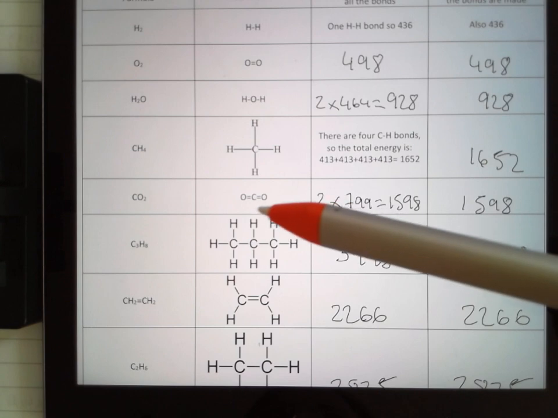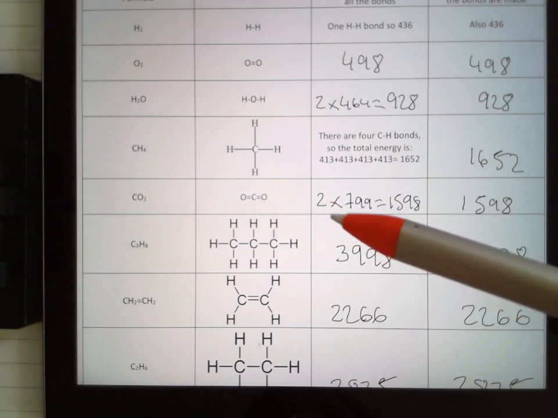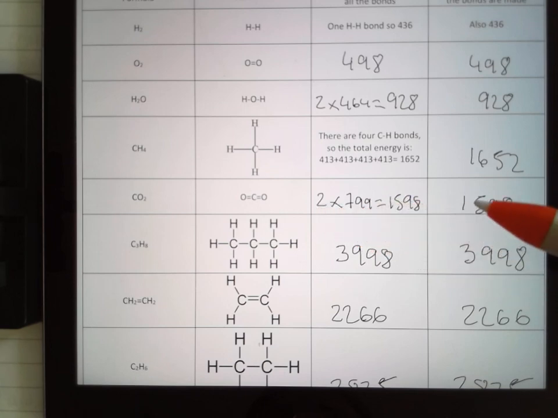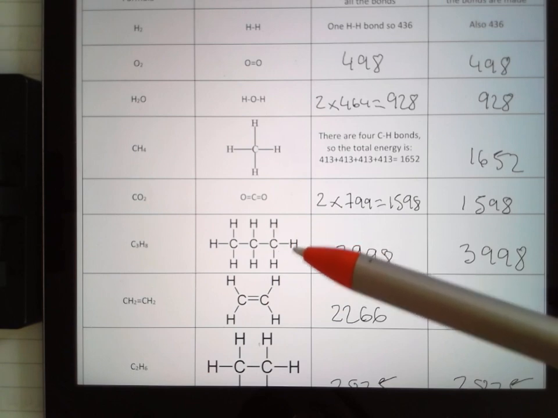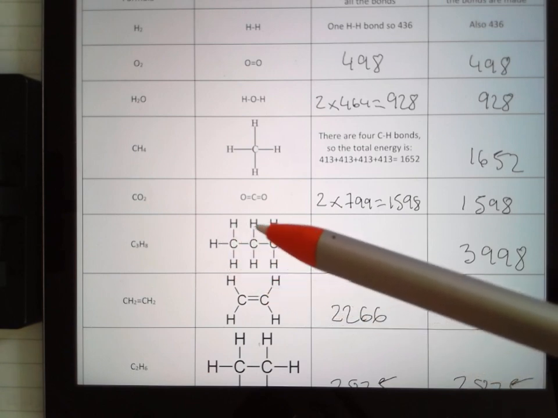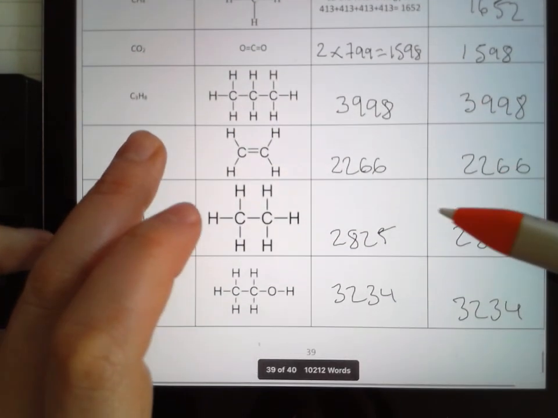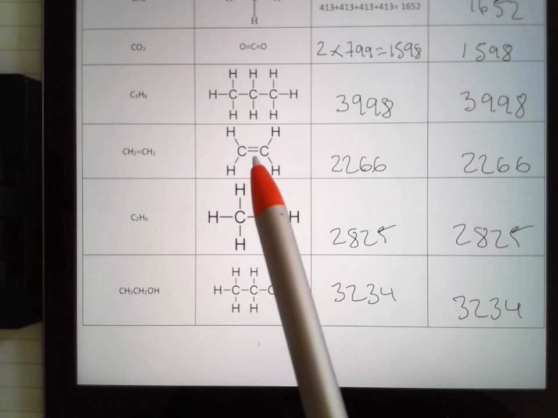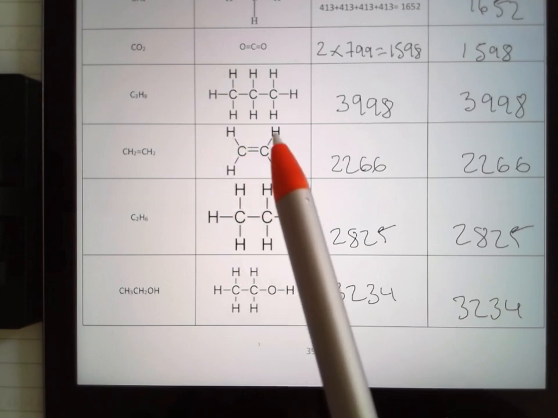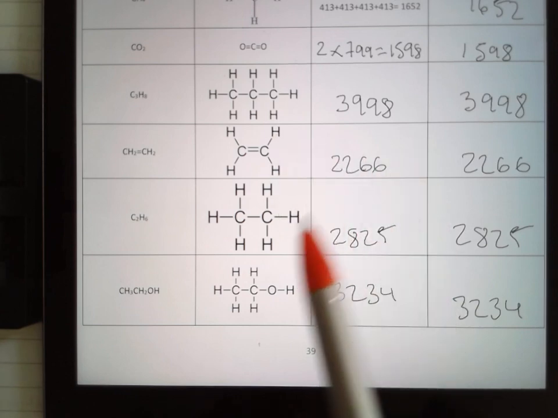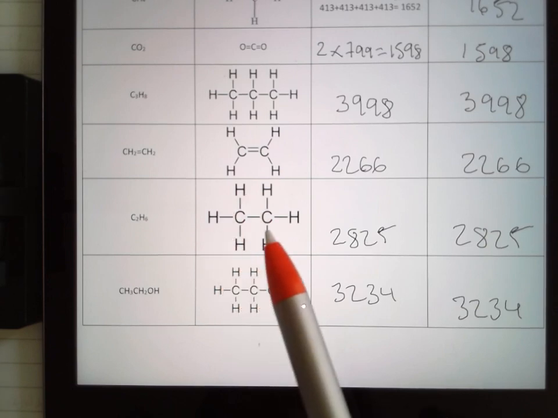The first few should hopefully be straightforward. Down here in CO2, you've got 2 carbon double bond oxygen, so it's 2 times 799. Here I've got 2 carbon-carbon bonds, and I've got 8 carbon-hydrogen bonds. When you do all that out, you get 3998. Here I've got 1 carbon double bond carbon, and I've got 4 carbon-hydrogen bonds. That gives you 2266. Here I've got 1 carbon-carbon bond to break, and I've got